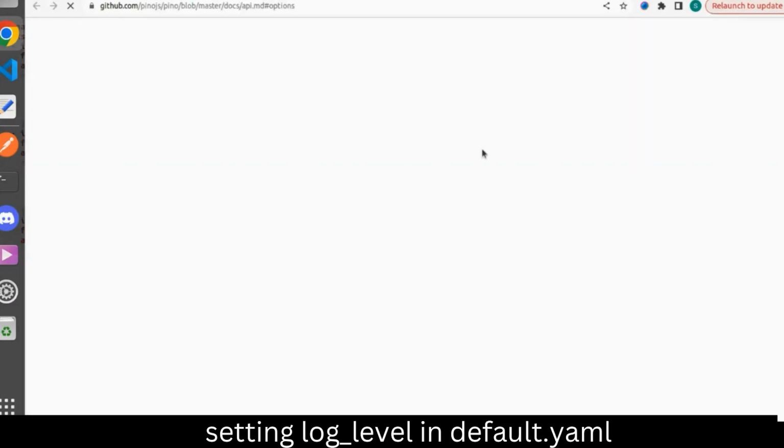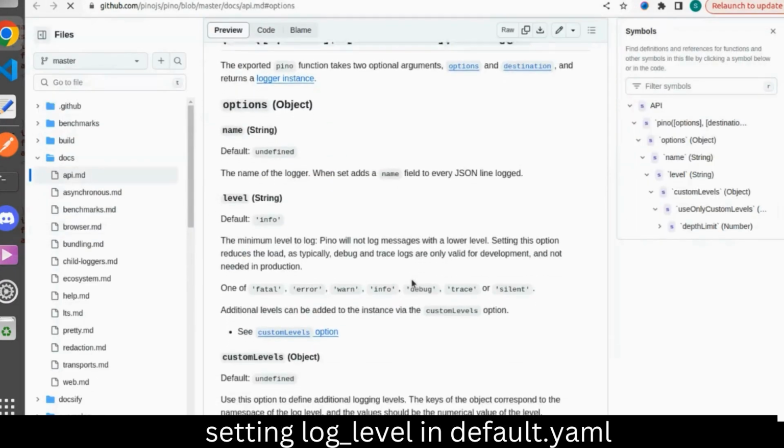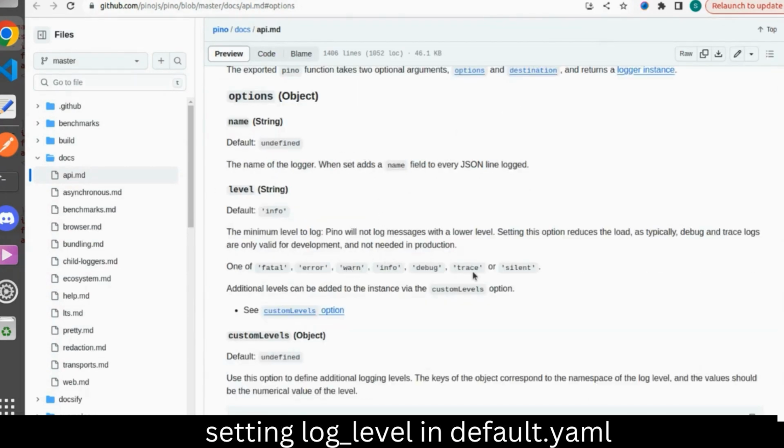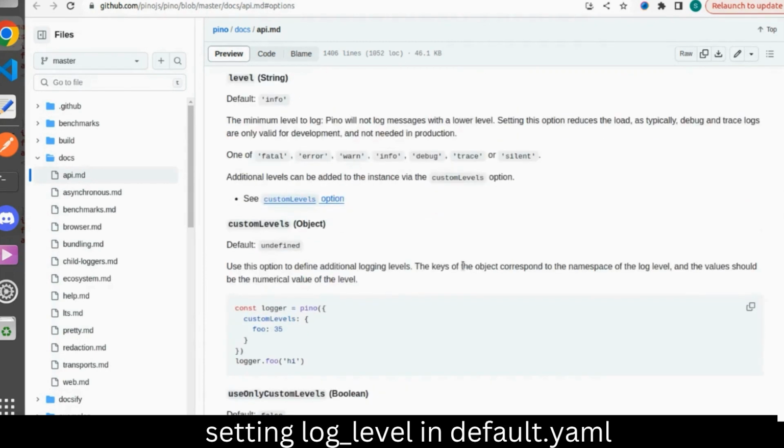If we navigate to the page, here we can see the hierarchy: fatal, error, warn, info, debug, trace, and so on. The default one is info, right? So we can see the logs above info, which are warn, error, and fatal, and till info we can see the logs from here to here. We can't see the logs of debug, trace, and the rest which come after info. So we can see the logs only until info. This is how it works. So we follow this hierarchy of